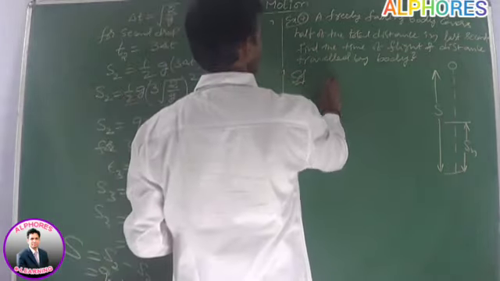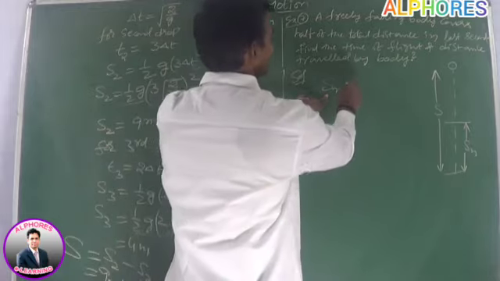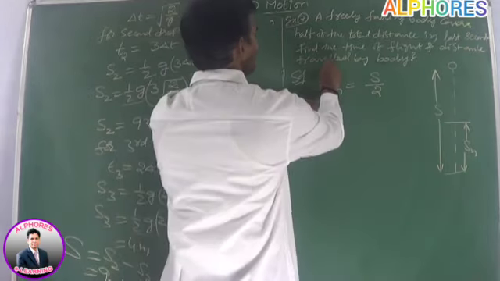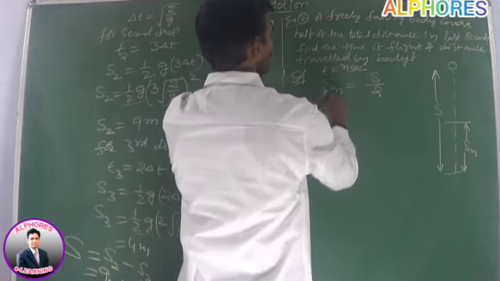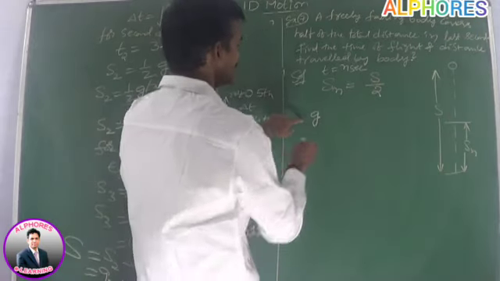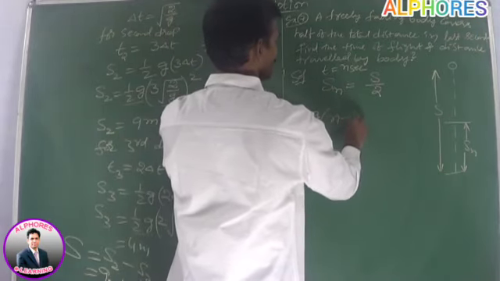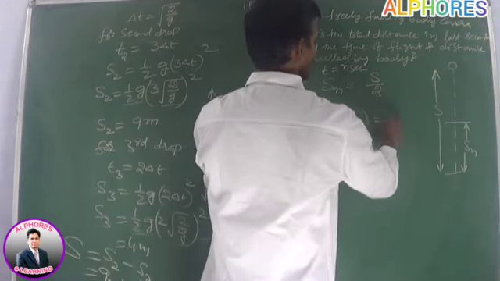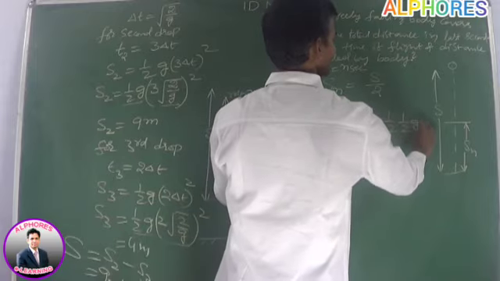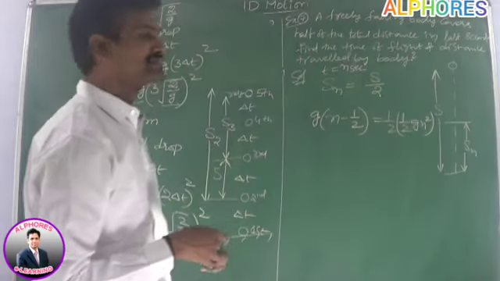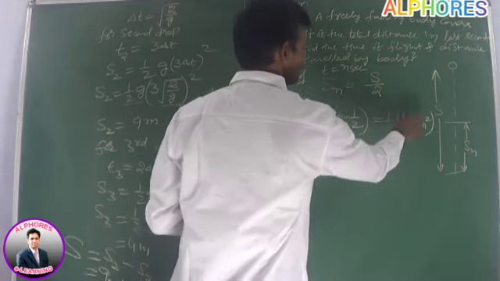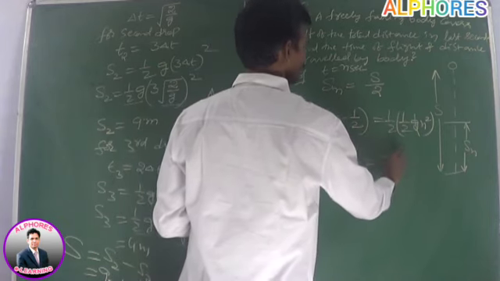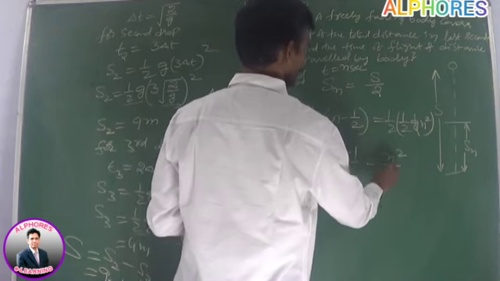So our equation is Sn, the distance travelled in the nth second, is half of the total distance. So here time is n seconds. For freely falling bodies, Sn is g into n minus half. We already derived this one. I am using that equation. That is equal to half of half g n square. Why? Because our time of flight is n seconds. So this g gets cancelled. Taking LCM, you can get (2n minus 1) by 2 is equal to n square by 4.